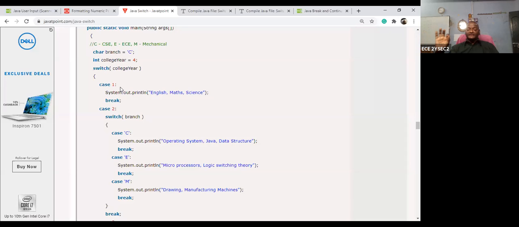This is called a switch case condition. Switch 1 is mapped with case 1, then execution, then breaking. If you're not using the break, then all the successive programs will be executed. Okay. All right. Next.